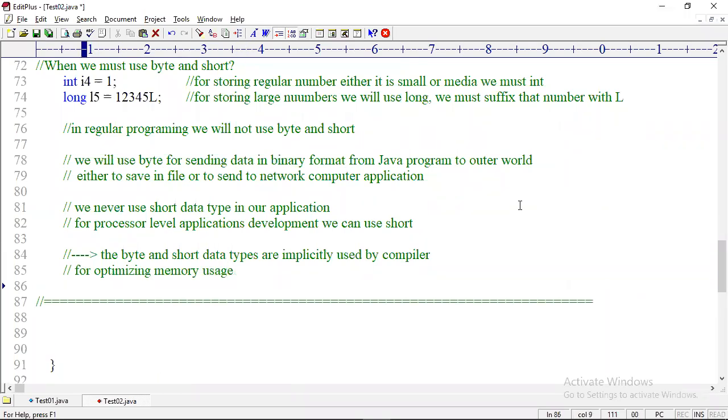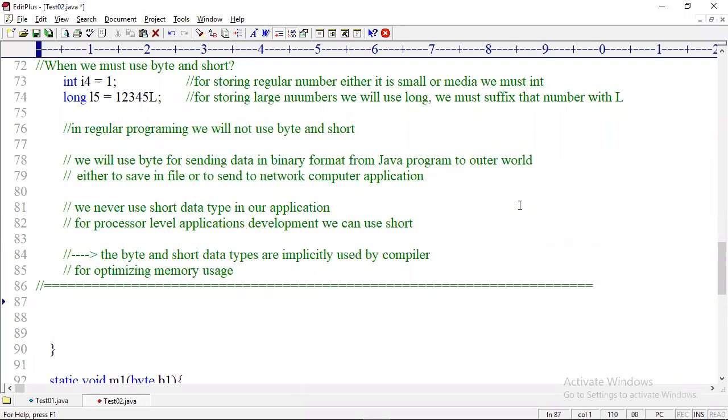The byte and short data types we don't use are implicitly used by the compiler for optimizing memory usage. I'll prove that. Are you ready to see?